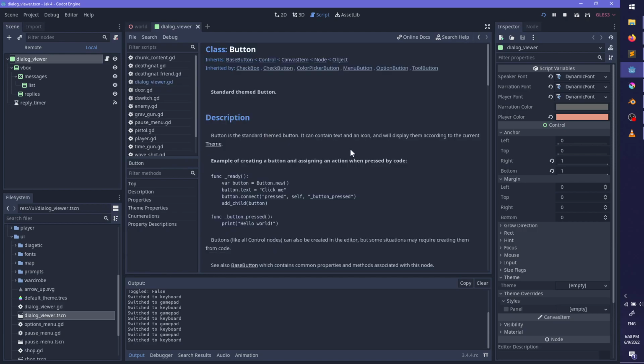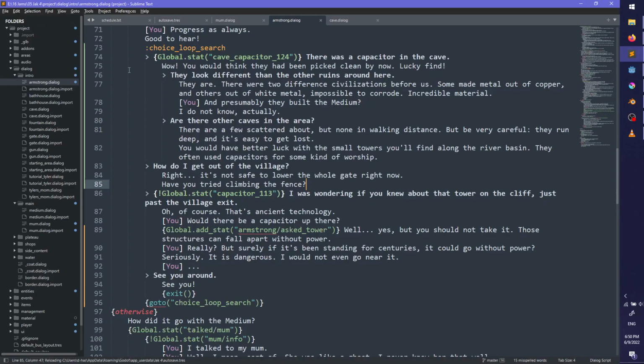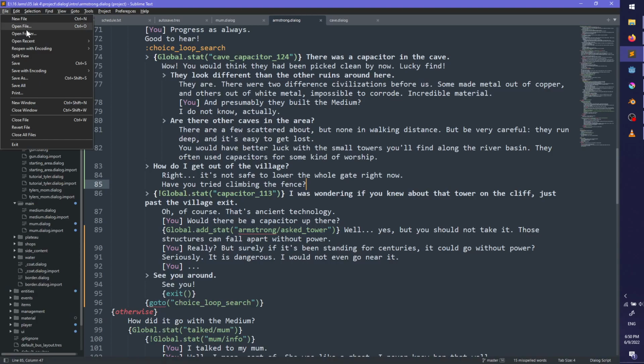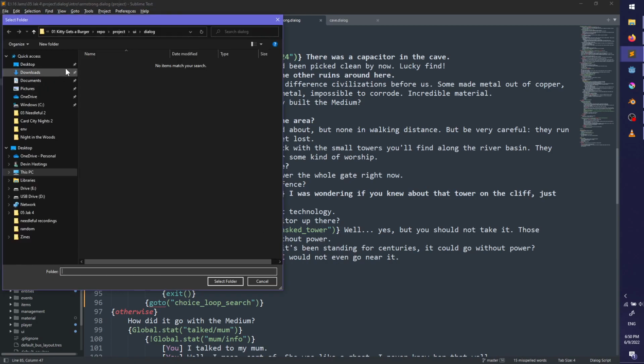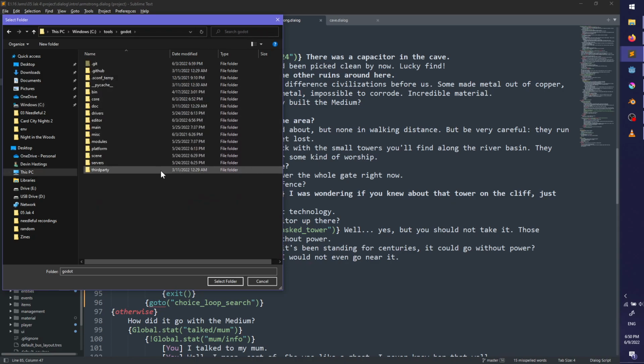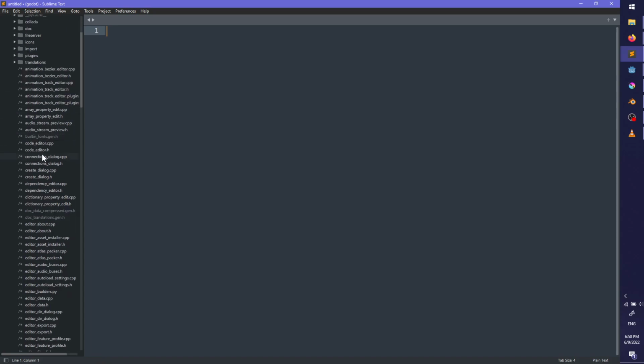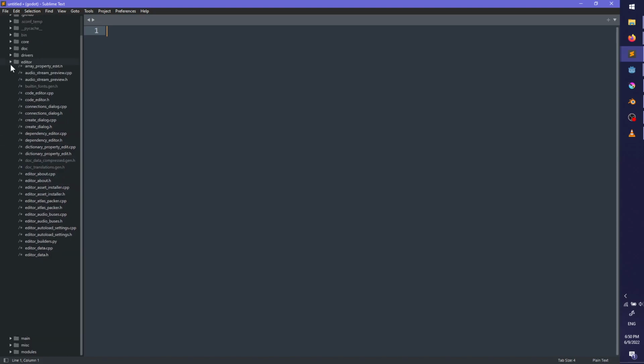Hang on, do buttons have auto wrap? Can I turn on auto wrap in a button? Let's see if I can do this. That may actually be my best hope. Tools, Godot. Select that. Editor. What am I looking for? Button? It might be in core or something.